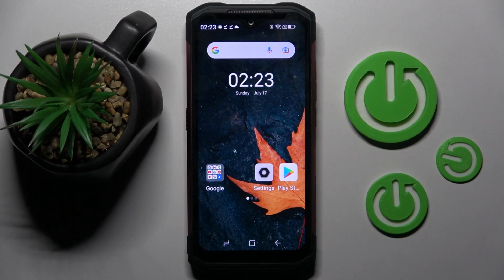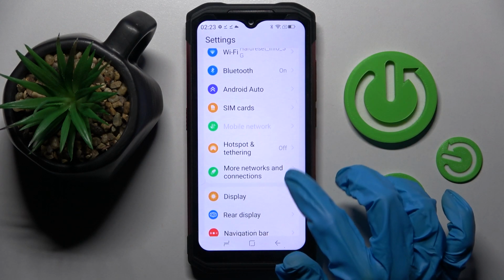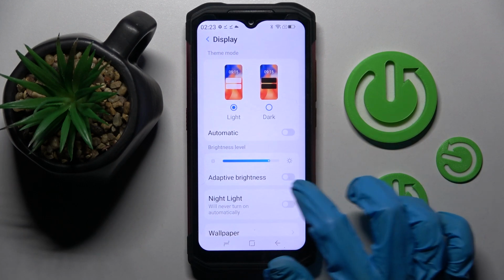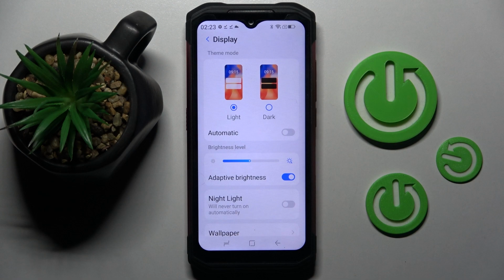In front of me is DOOGEE S98, and today I would like to show you how you can switch on or off auto brightness on this smartphone. First of all, go into settings and tap on display over here. Now you need to click on this switcher next to adaptive brightness feature, and as you can see, auto brightness